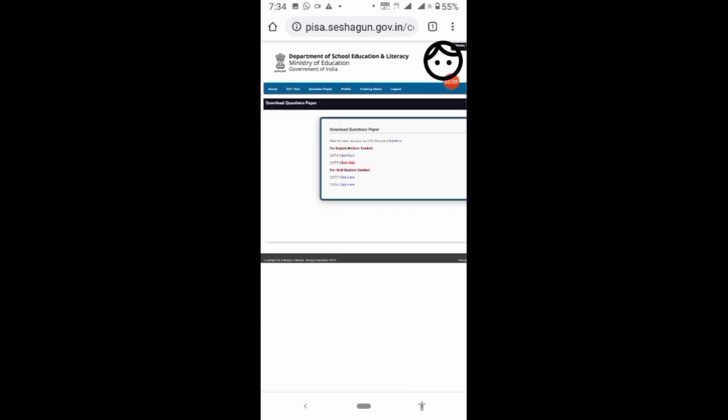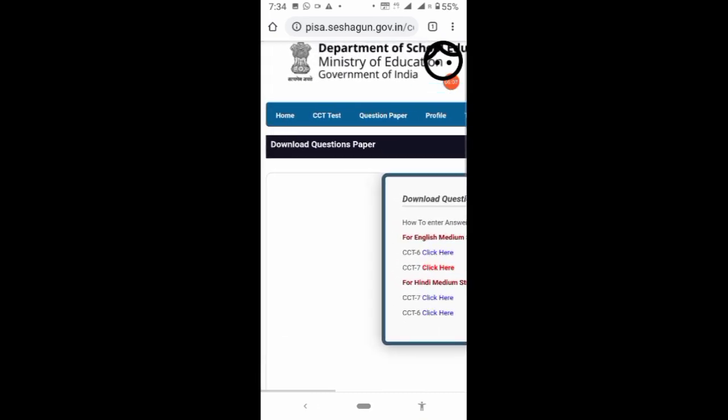Here then you have to go back and here you have to open the CCT test. So by the time you might have completed all the 30 questions worked out and kept in the answer sheet ready with the answer. Okay, now this time is to enter your correct responses or your correct answers. So now we are going to enter the correct answers in the CCT test option.